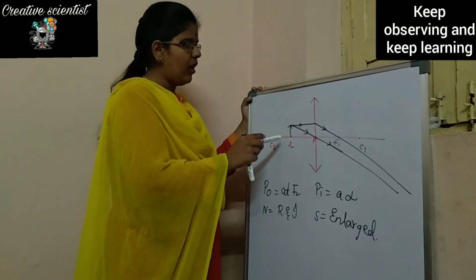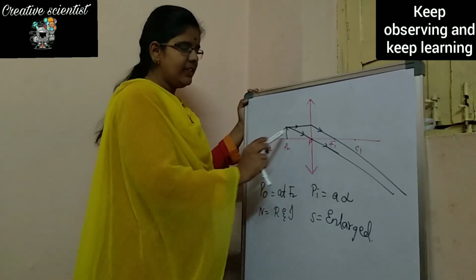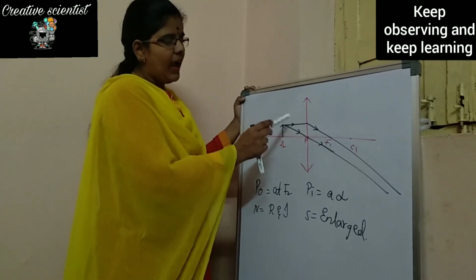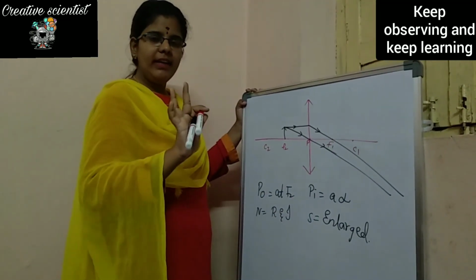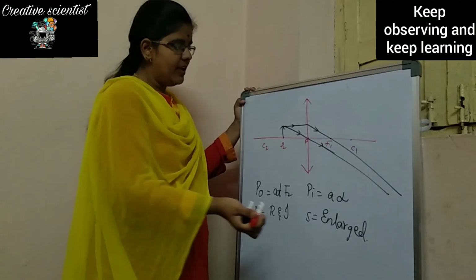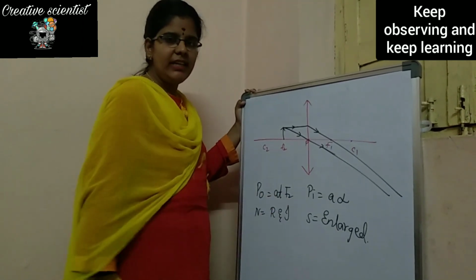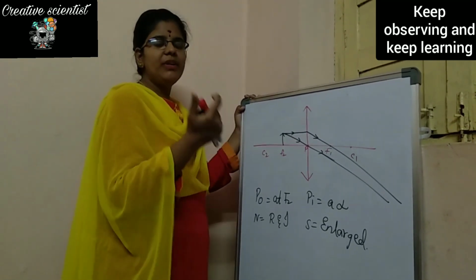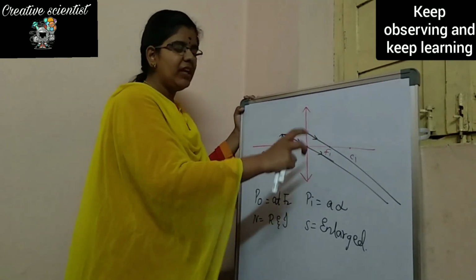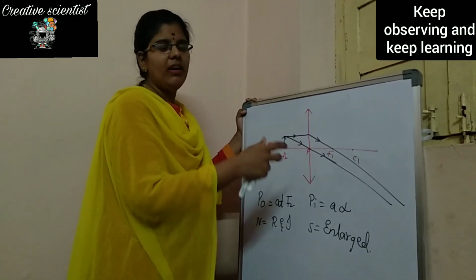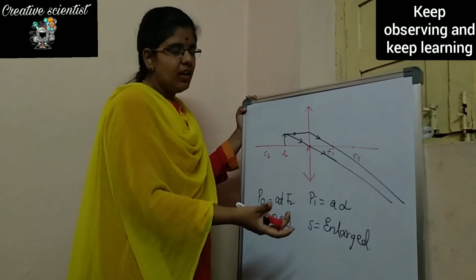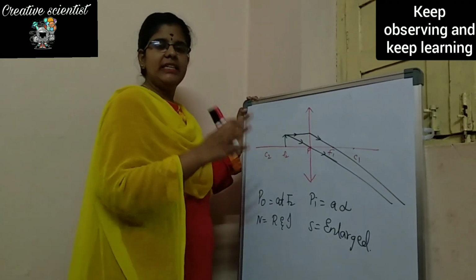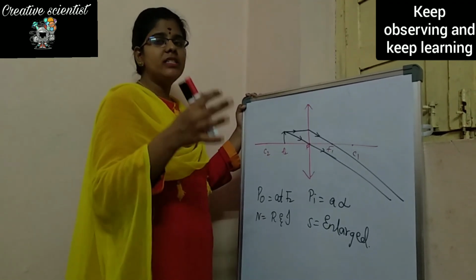Now we have placed the object at F2 and again the same two rays are moving. One is parallel and another is through the optic center. You can see that they are not meeting anywhere, means they are meeting at infinity. So the position of the image is at infinity. You have observed that there was an unclear image. Why was the image unclear? Because now that flame is not getting into the lens or it is not being captured onto a screen. That's why the image was unclear and the nature was the same. It is real and inverted, but it is a very large image.